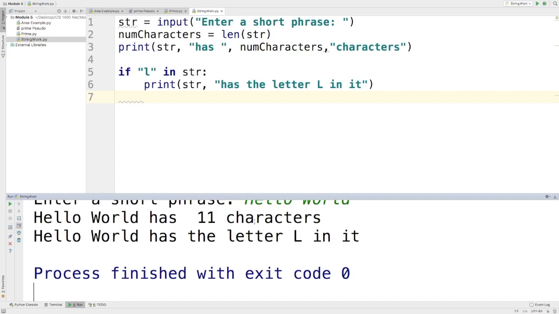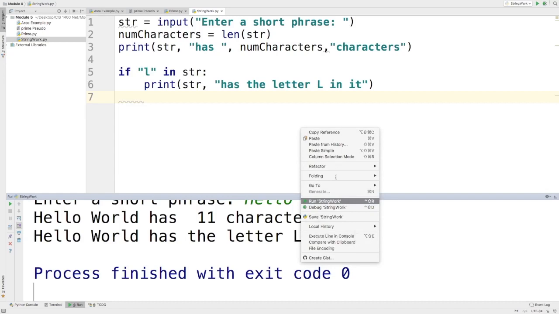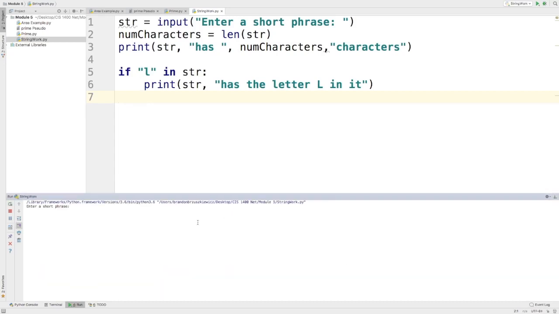It says hello world has 11 characters. Hello world has the letter L in it. Okay, let's say I ran it again, but I ran something without the letter L in it. So I enter a short phrase, something like